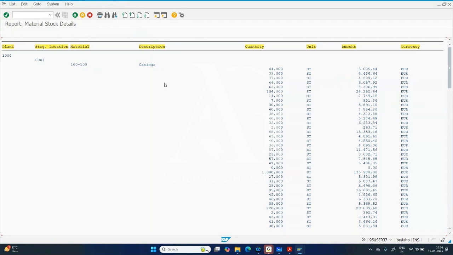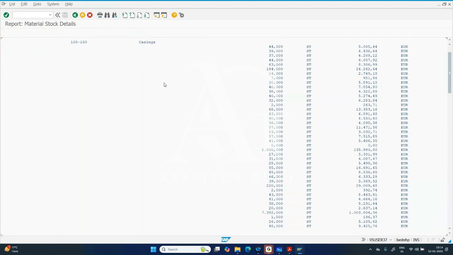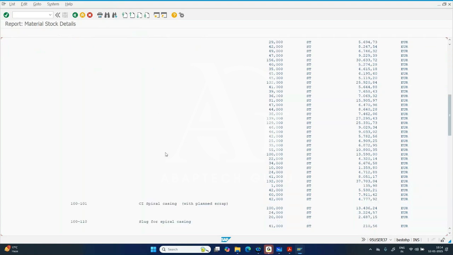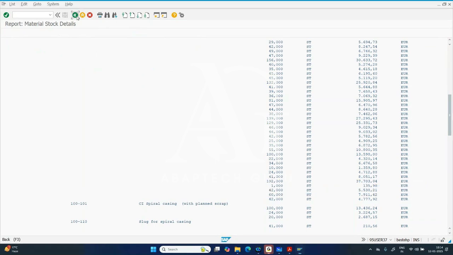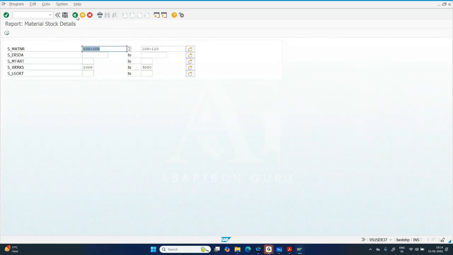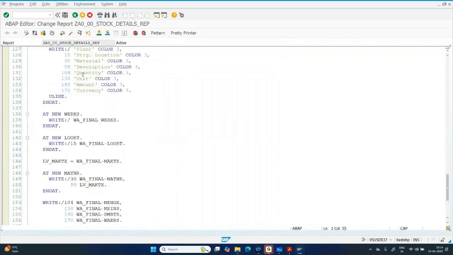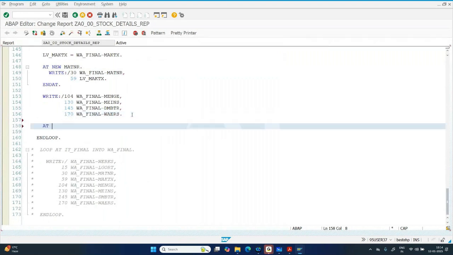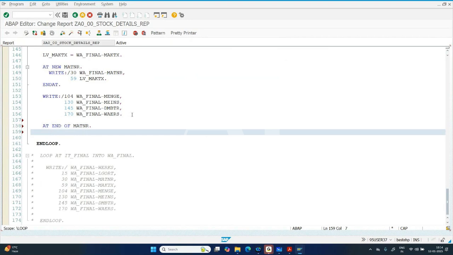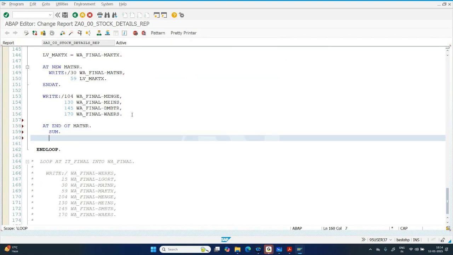But there is an additional requirement. What the user is seeing at the end of each material, he wants one line and he wants the subtotal of quantity, subtotal of this price. How to do? To calculate the subtotal, we do have AT END OF. So I can say AT END OF material number, I can say SUM, and I can say the total